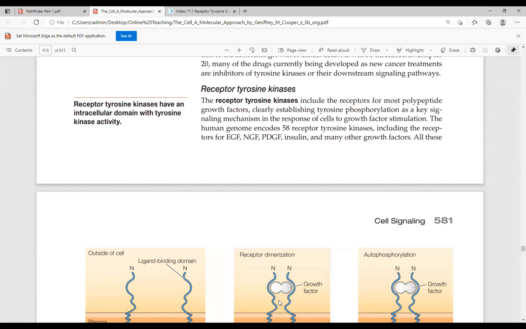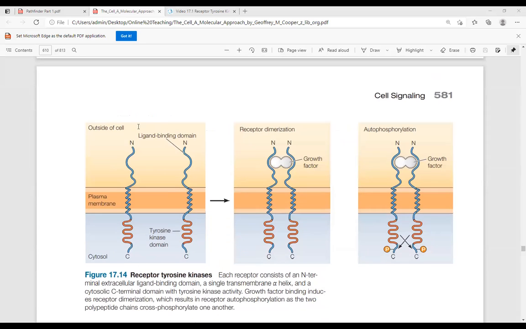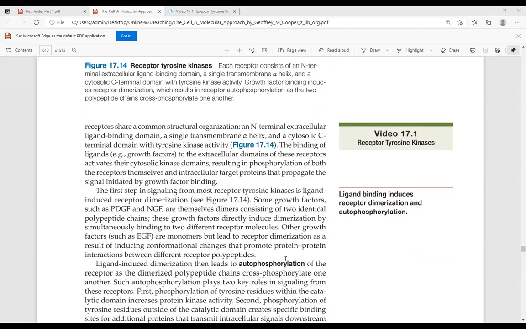In this video tutorial, we will be talking about the different types of receptor tyrosine kinases. What are the different types of receptor tyrosine kinases? Their subcategorization, how they have been categorized into three different types, and what are the effects that are produced upon the activation of the receptor tyrosine kinases. How do these tyrosine kinases act? What are the effects that are going to be produced?